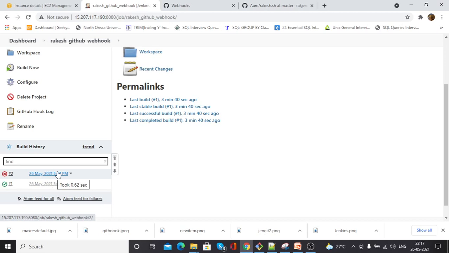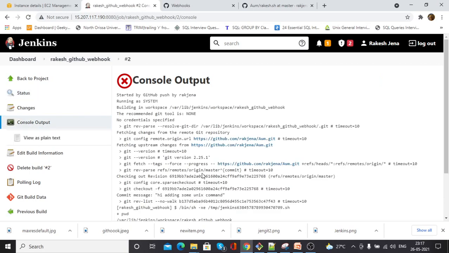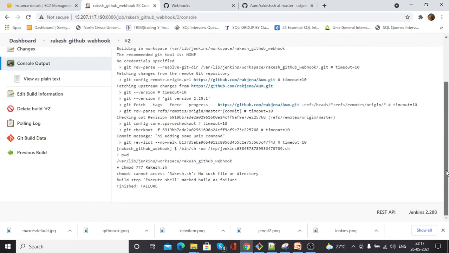Oh, it's failed. So let's see why it is getting failed. Console output. Here you can see the log. Cannot access this, no such file or directory.